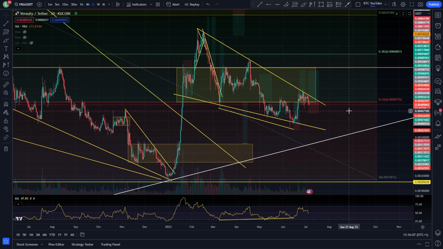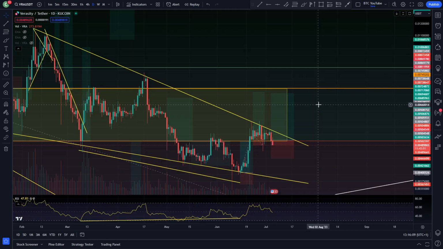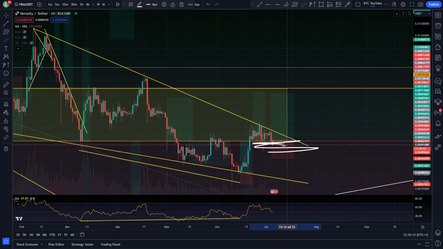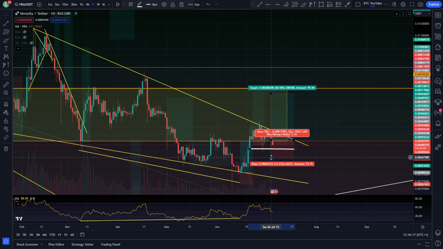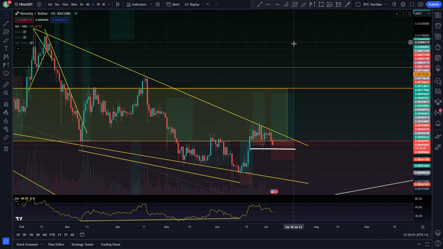But right now I'm in a long position, as you can see, with quite a wide stop loss. So we'll see how this day plays out here. If we do start seeing ourselves coming down and closing in this area, I might close this early and reduce some of the losses that I might see if we do come down and just fall back inside the wedge here. But I am quietly confident that we're probably going to see a little bit more upside, maybe even an